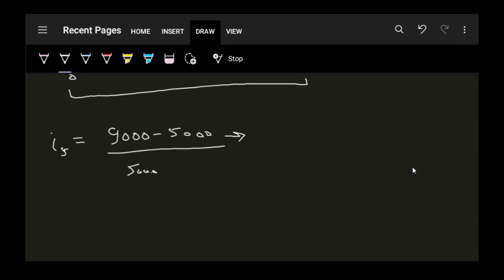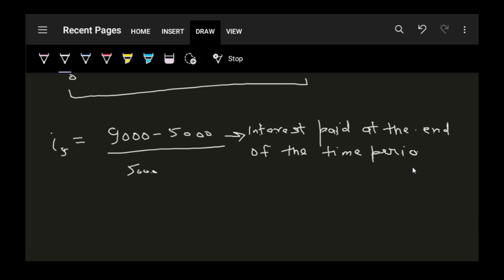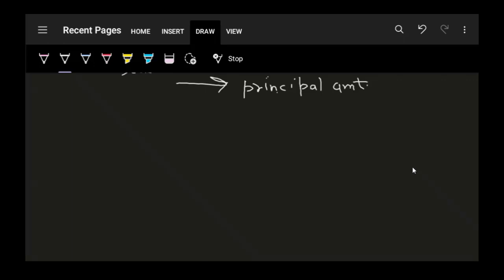So this numerator is my interest paid and this 5000 in the denominator is my principal amount. And the time period we are considering here is 5 years. So the effective rate for 5 periods, I5, will be